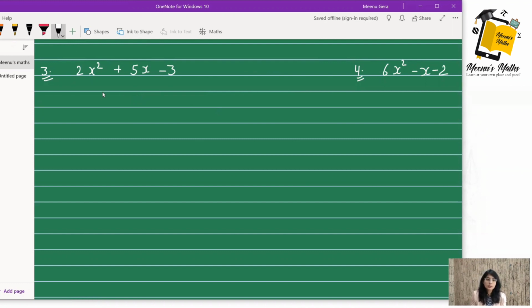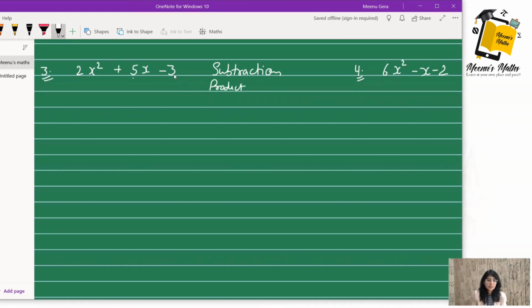Now let's talk about the third type of sum. In the third type of sum, what's new here? This sign is new here. This is negative now. In the last sum it was positive, now it is negative. What does the negative tell us? Negative tells us to think of numbers that should be subtracted. It talks about subtraction. So we have to think of two numbers whose subtraction is 5 and whose multiplication, that means product,